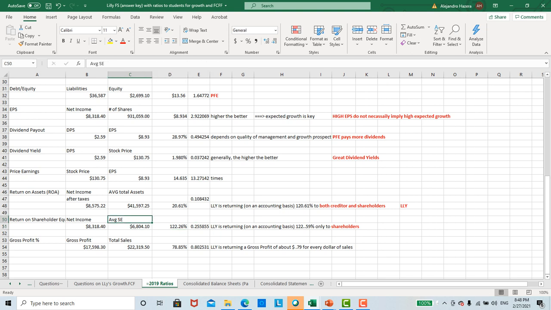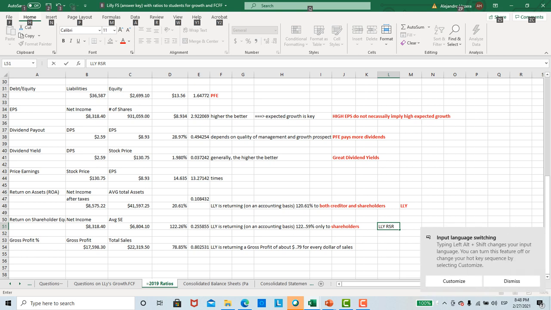The only other problem, then you come to this and you have Lilly. There's a 100 points difference between Lilly's return on assets and return on shareholders' equity, and this is because I think I said this in the videos, but Lilly has a ton of debt. That 13-to-1 debt to equity ratio is what's driving this up. And why does it drive it up? The numerator is more or less the same, but look at the denominator. What's driving it up is the fact that all that debt is driving your shareholders' equity down, which drives that up. So I'm going to say Lilly ROE, return on shareholders' equity, Lilly ROE,